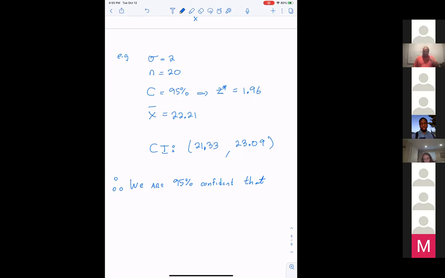Okay, so Nikki, there you go. The whole goal of your sample is to figure out mu, to figure out the population mean. That's the purpose of all of this. So your conclusion has to be about what you're looking for. We're 95% confident that the true mean of the population, the true population mean, you don't really got to write true, but it just emphasizes that the true population mean is somewhere